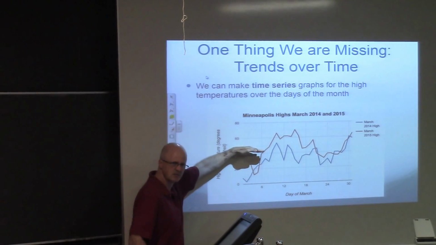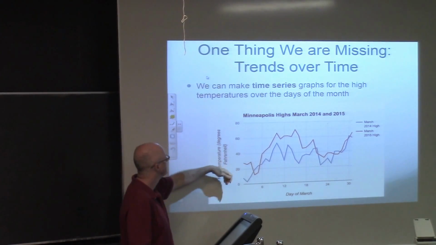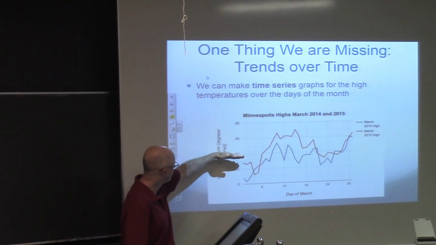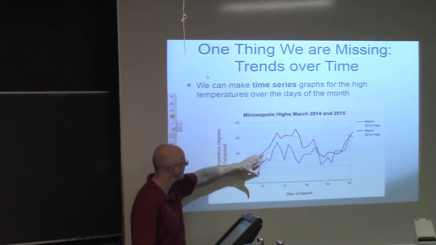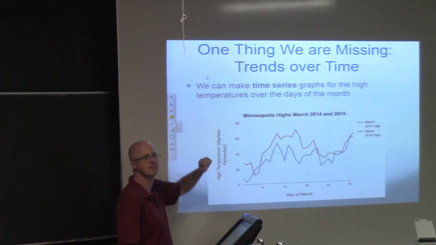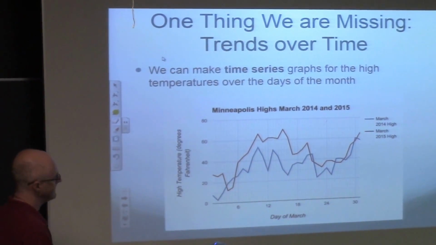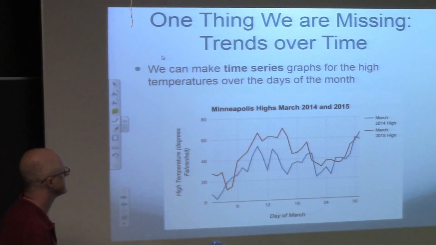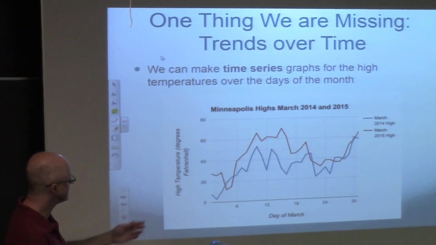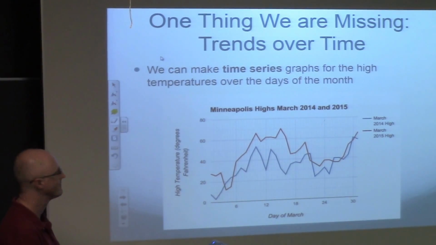It is sort of in the middle, also, of those high temperatures as they go up and down during the month. For the blue graph, it was, I think, 34 or so, right about here. Same property, the area under that horizontal line would be approximately the same as the area under the blue graph. So you can try to visually estimate it. It's not a real easy thing to do, but you can give your best guess based on this picture. You can certainly see that 2015 is higher, and consistently higher again between about March 5th and about March 21st or so.